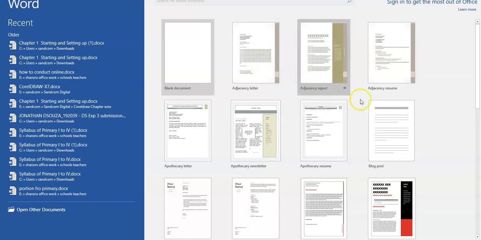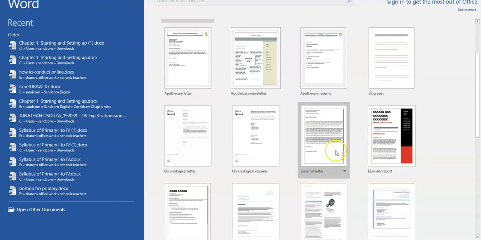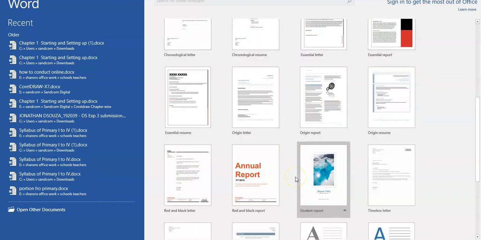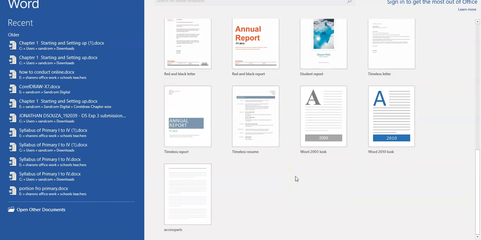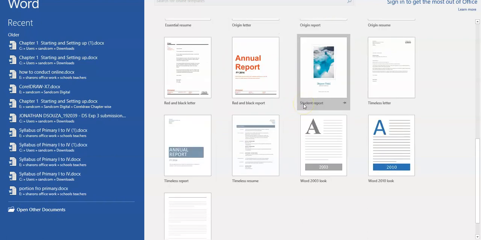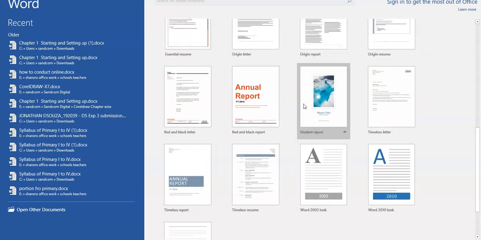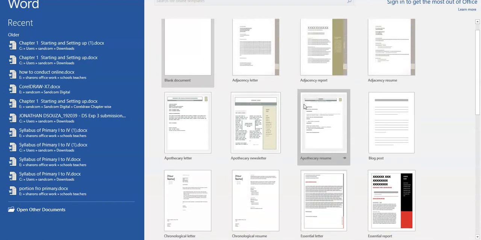Like it will help you for an adjacency, a letter. Then you have like blog post. You have this essential report. You have a very big list of templates given by the company in your software. So these templates are predefined formats made by the programmer. So these templates can be used by you, edited by you, and then you can give your name. But initially what we will do is we will learn the basic